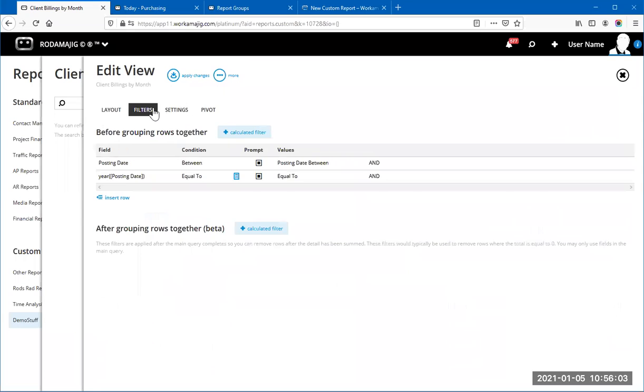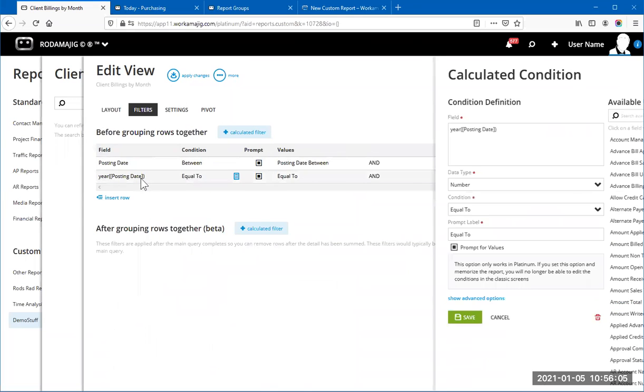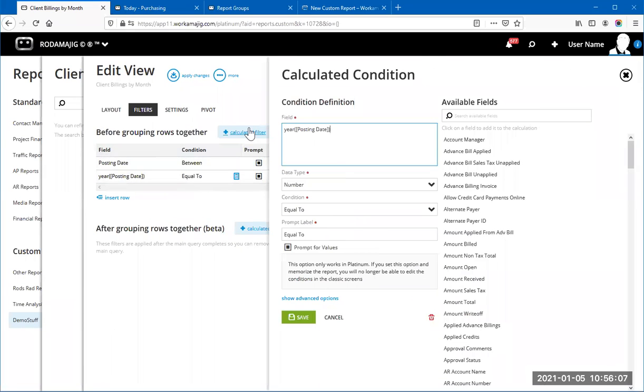But as a quick explanation, if I go in and create what we call a calculated filter, if I'm trying to translate something into a different language, again, this is getting more into SQL at this point, but I can use SQL kind of coding to say, okay, if the year is this posting date, I'm just trying to extrapolate the year. You know, there's also month, there's also day of the week. There's different codes for this in SQL,